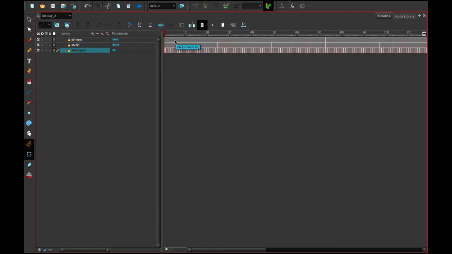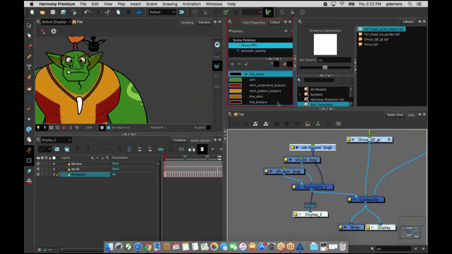Now, you may notice that my drawings that I have here aren't set up in the same way. I have a lot more for the lip sync. I have a few for the tilt, and the turn has less drawings than the other 2. So going back to my view right here,